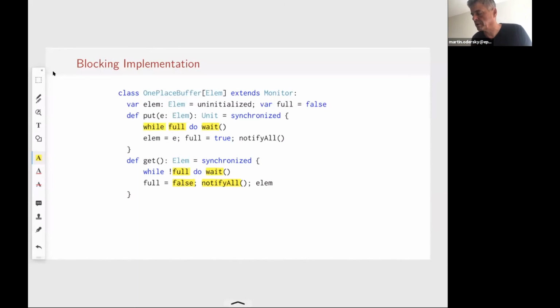So what this thing would do is it would wake up all threads. There might be many producer threads that are waiting like that. And then they all would essentially wake up, but they're still in the synchronized. So that's important that wait and notify all are only in the synchronized.